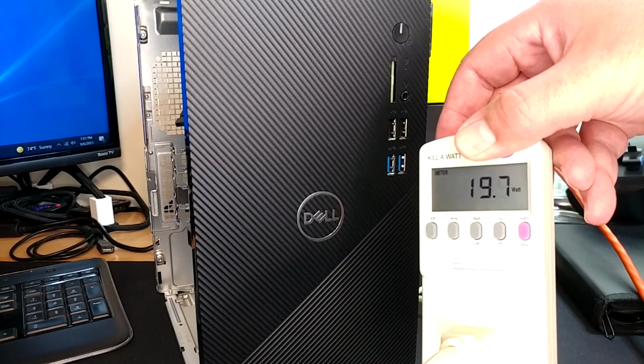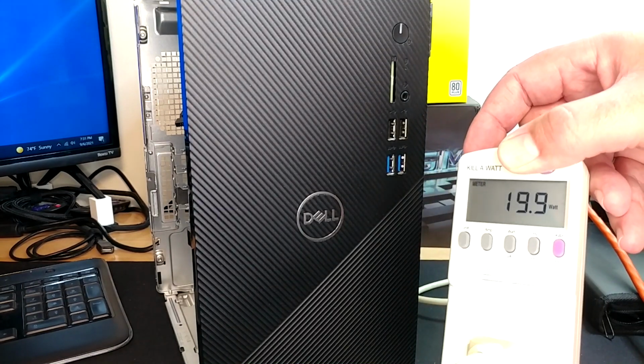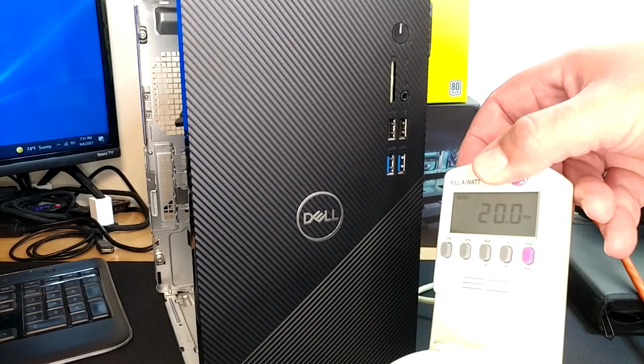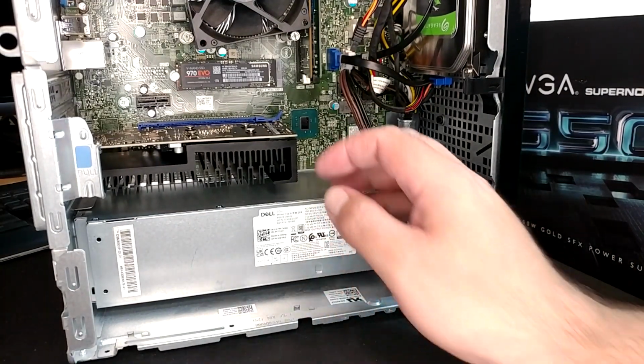Looks like this time we gambled on the used market and we got some love in return. Who knows what anyone else could get. So keeping the theme of the thing I like the least to the most, let's grab our SFX next and get into it. Alrighty, so removing this larger Dell power supply is literally no different than removing the factory one,